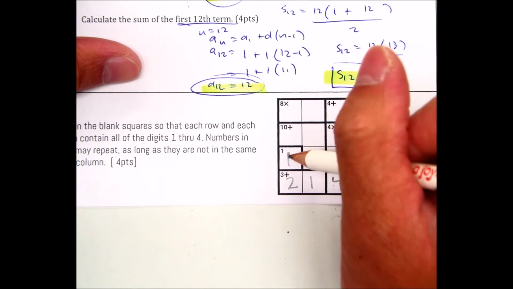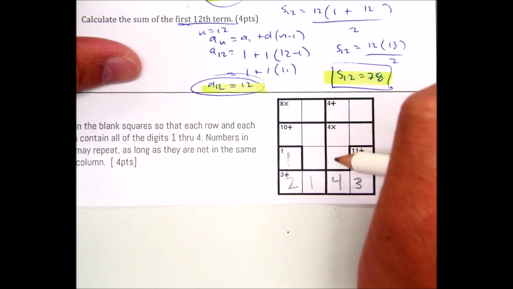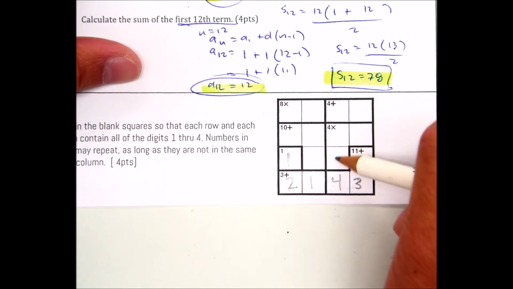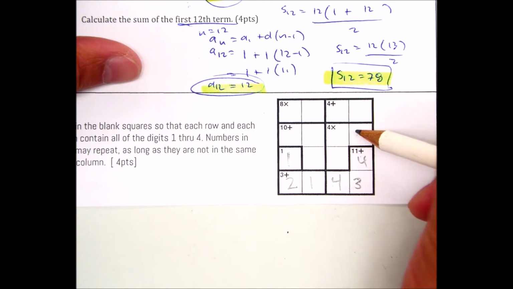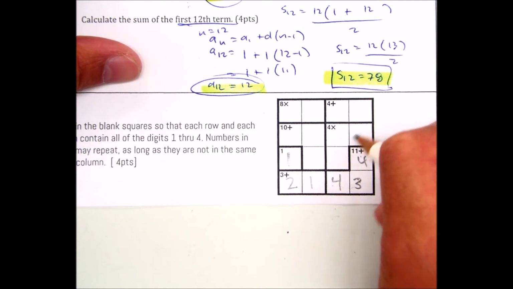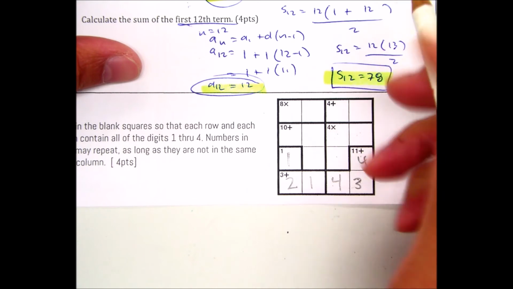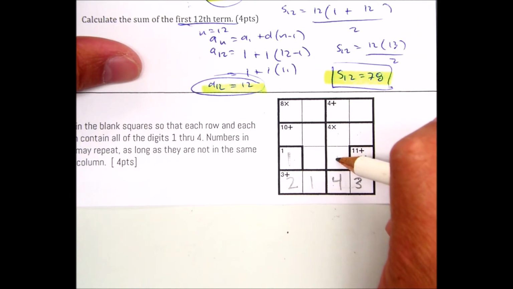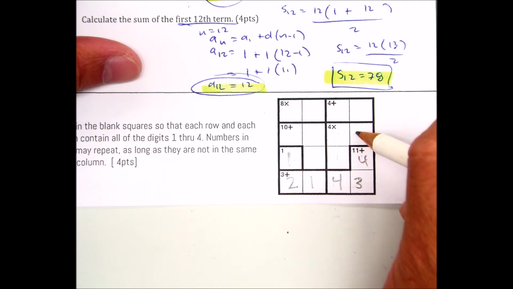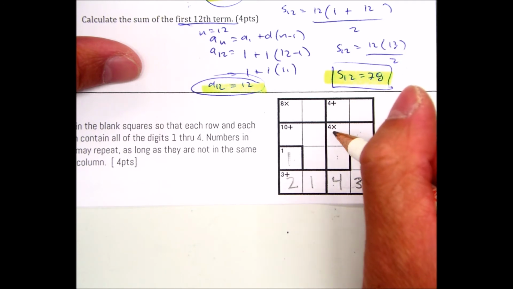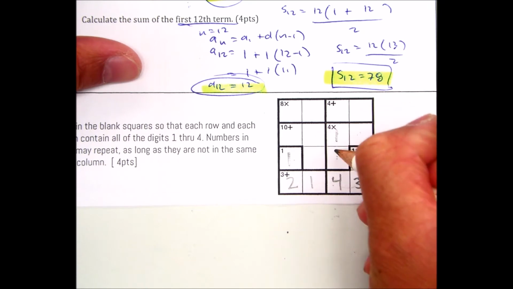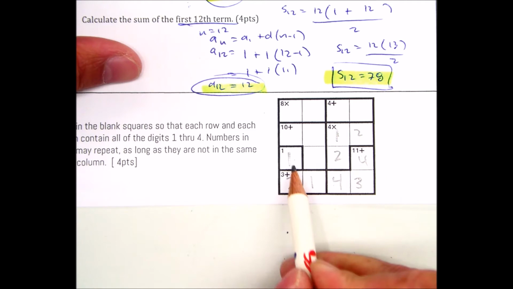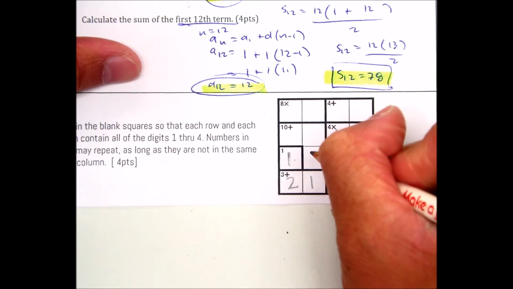Alright, I need 3 numbers that multiply to be 4. There's a couple of combinations. You could do 4 times 1 times 1. And the only way that would work is to put the 1 here, and 4 here, but those repeat. So I'm going to have to use 2's. So I'm thinking to myself, I can't put a 1 there. I could put a 1 here, and a 2 times 2. So 2 times 1 is 2, 2 times 2 is 4, and remember I can't repeat. So that row is missing 1, so I'm missing a